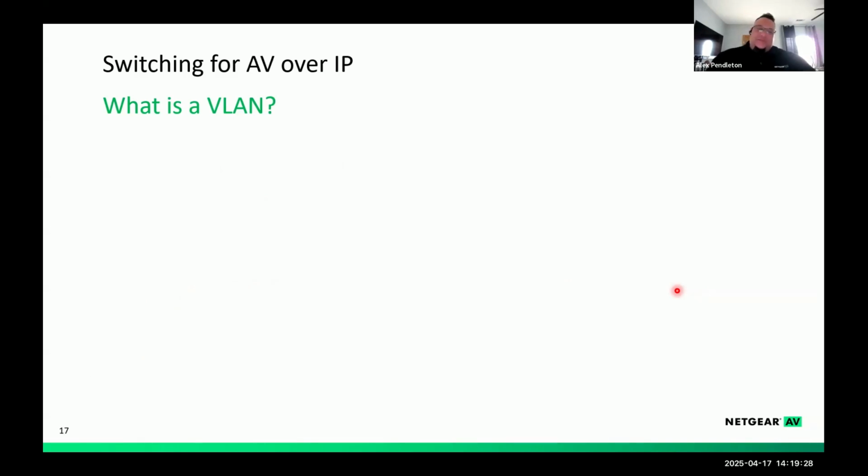So the question is, what is a VLAN? This is actually a question that I ask my on-site trainees when I do this training. It's kind of a fun one because I ask them what a VLAN is, and they always come back with virtual local area network, which is the 100% right answer. But I actually tell them it's wrong because a NETGEAR AV profile is also a VLAN. They're synonymous. When you're creating a NETGEAR AV profile, you're also creating a VLAN. So it's kind of a little trick question to illustrate what our profiles actually are doing.